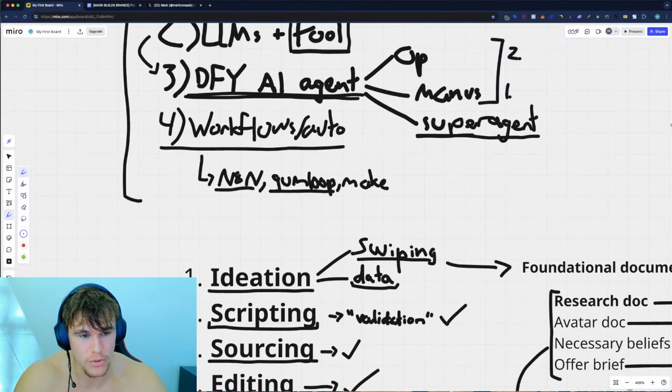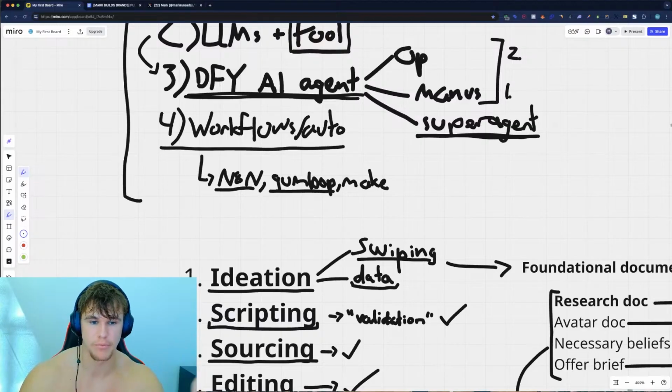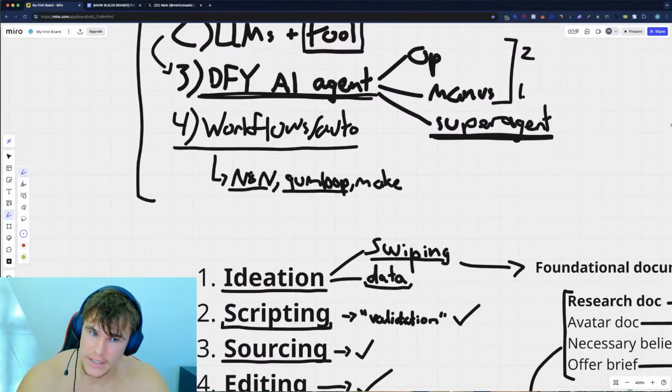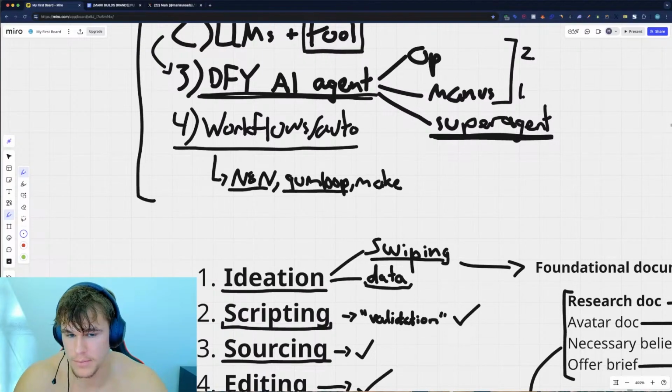Super Agent is also a phenomenal AI agent tool. The only thing is it can't go and control a separate browser for you. So it can do just about anything. It's like ChatGPT on steroids. It can build web pages for you, like custom web pages. It can help you visualize the data within your ad account. It's very helpful. But in terms of having that separate browser, it just doesn't have that functionality as of right now. But it is wicked fast for what it can do. All right, so that's the first half of how you can speed this up like crazy.